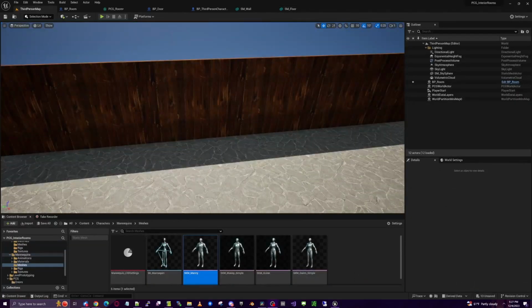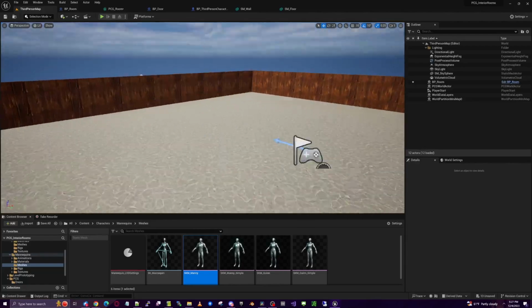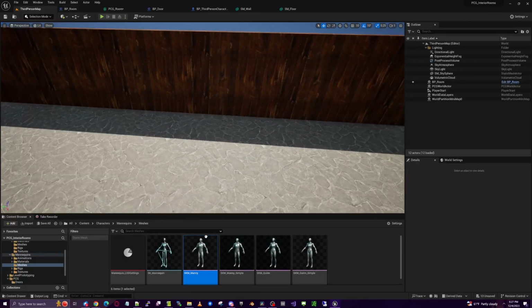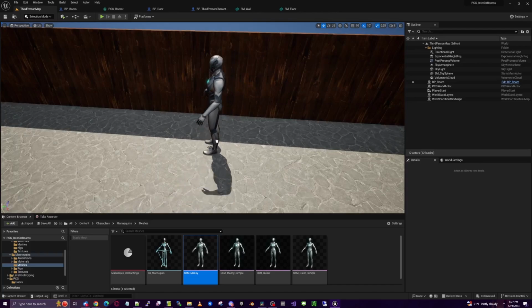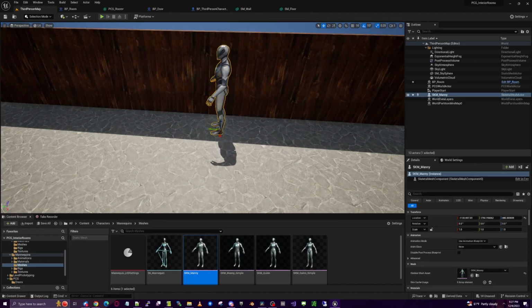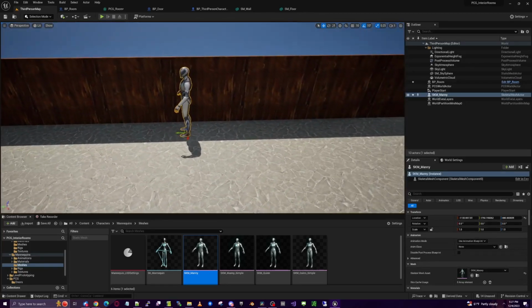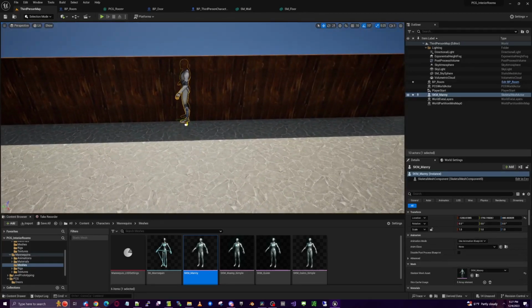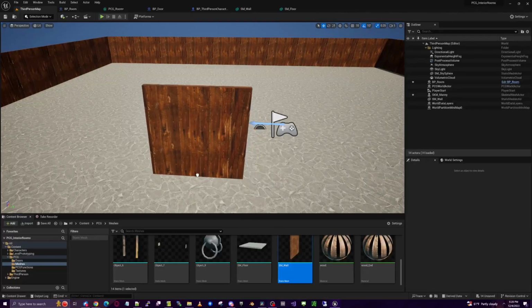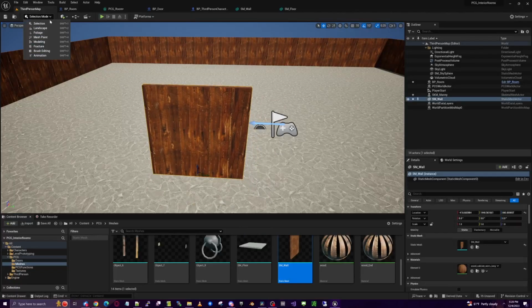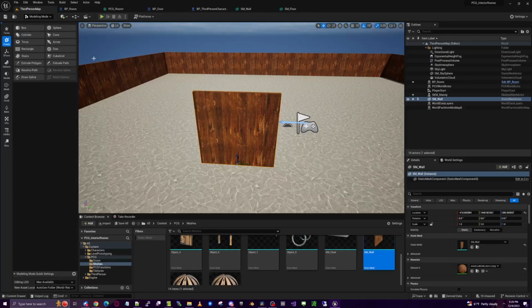Nice. Realizing and looking at this with the textures on, it's a little more obvious that I made these walls too short. And if I pull Manny in here, we can see he's almost as tall as the wall. I'm going to go ahead and modify this wall, make it a little taller. We can use the modeling mode again to do that. So pull that in and then I'll go into modeling and then